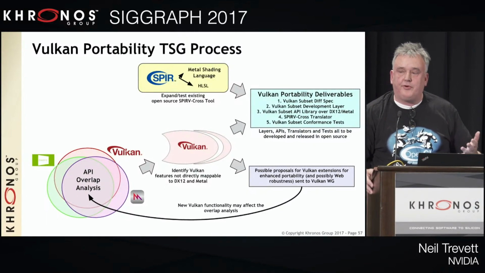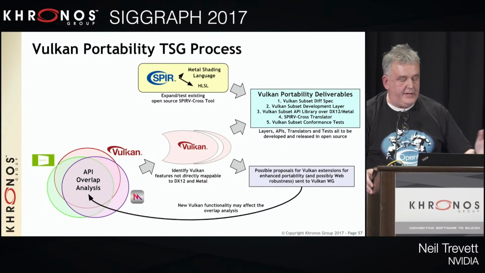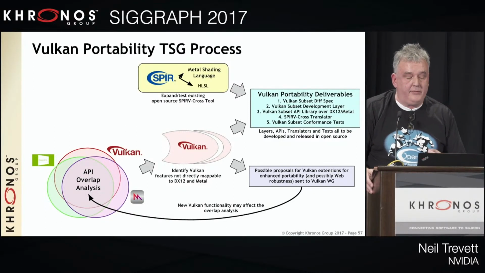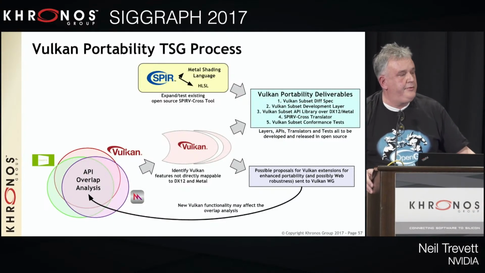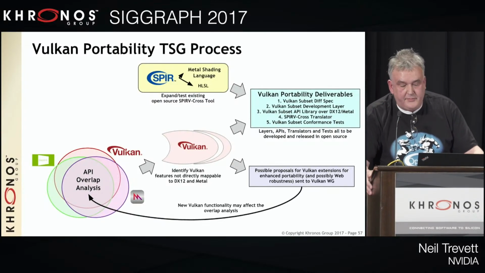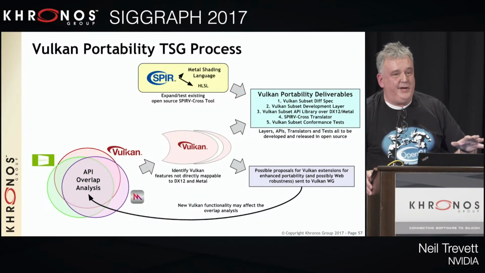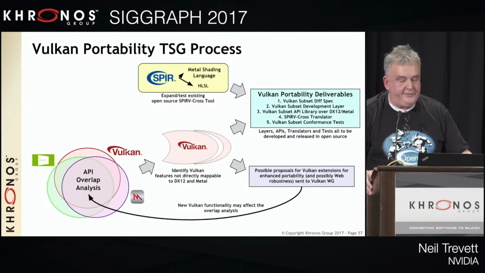We want to produce an open source library that will map your Vulkan calls to the underlying APIs, either Metal or DX. And we're fortunate we already have the SPIR-V translator, which will take your Vulkan SPIR-V and translate it back into source for either Metal shading language or HLSL, to put through the native compiler chain on those platforms, because of course you need your shaders to be portable, not just the API calls. And a set of conformance tests, which is easy, because we're not creating a new API. We don't have to recreate everything from scratch. We can just subset the existing conformance tests.